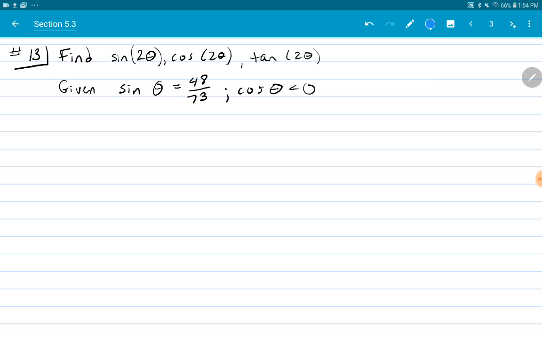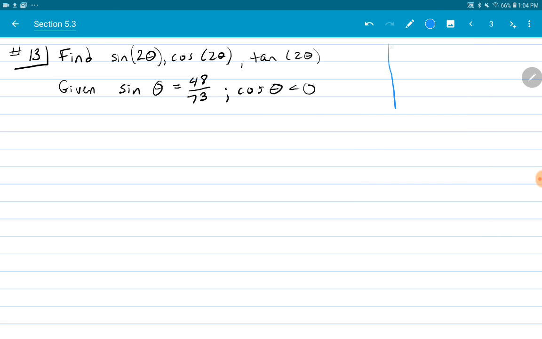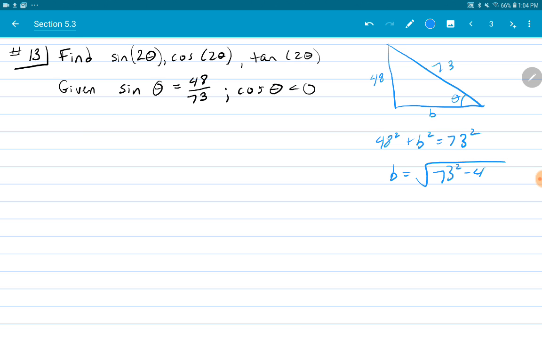We have the fact that cosine is negative, and we have sine of theta, so that's opposite over hypotenuse. So I know that this is 48 and 73, and I can find that third side with the Pythagorean theorem. So that's our third side, let's say b. So 48 squared plus b squared equals 73 squared, which means b equals the square root of 73 squared minus 48 squared. And if I put that in my calculator,